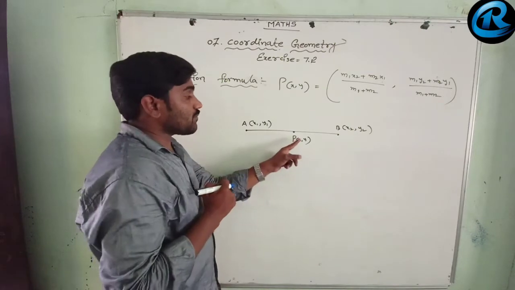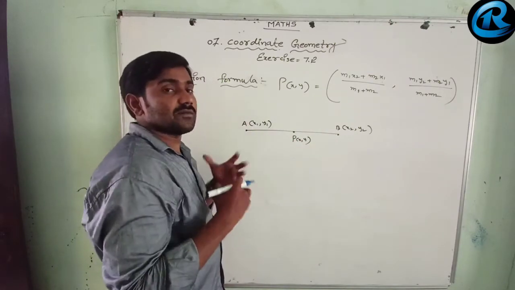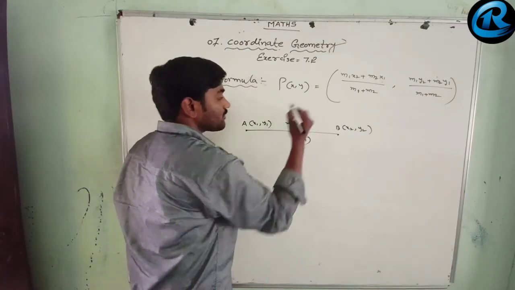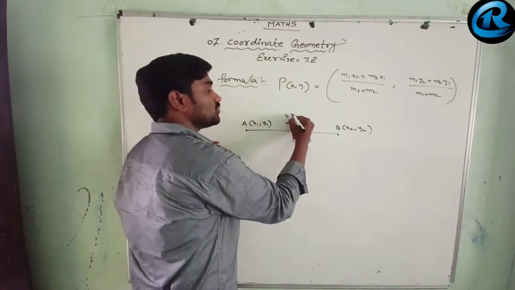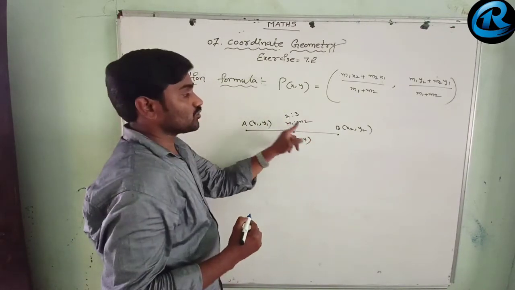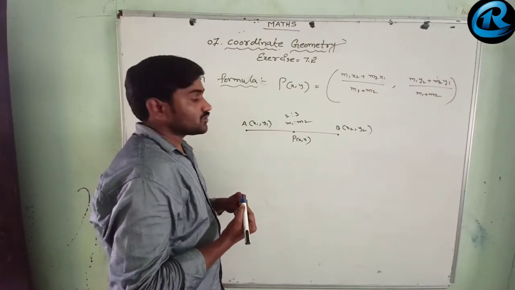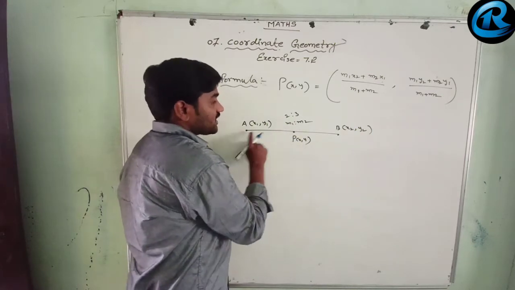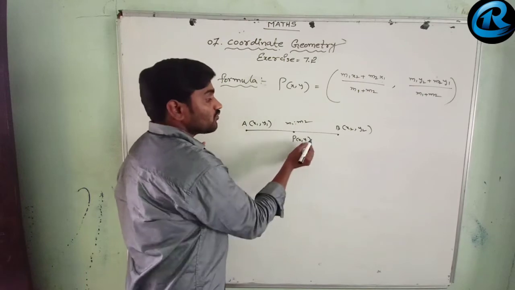This P is a point dividing this AB line segment into some ratio like m1 is to m2. Suppose this point P is dividing this AB line segment in the ratio 2 is to 3, then m1 equal to 2 and m2 equal to 3, in that way. So, if this point divides this AB line segment internally in the ratio m1 is to m2, to find out this P value,